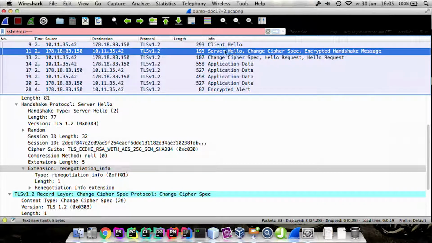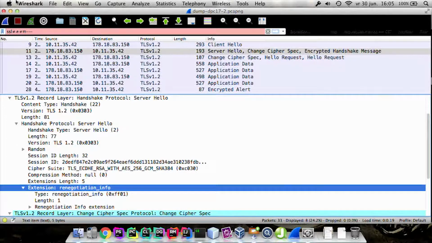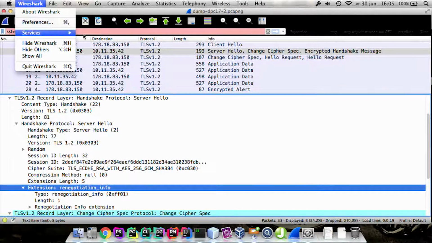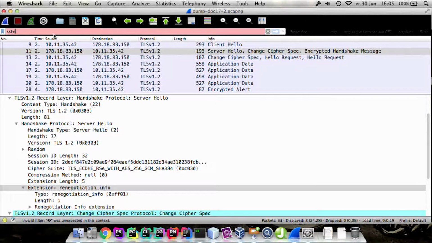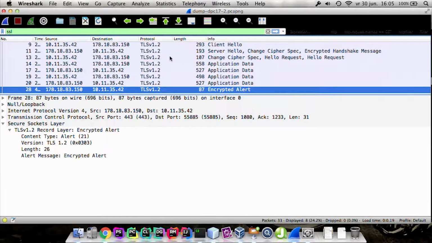Next up is the certificates, and I don't have a certificate here because it's cached. But normally it sent over a list of certificates, and the list of certificates, if I can take a look at it,